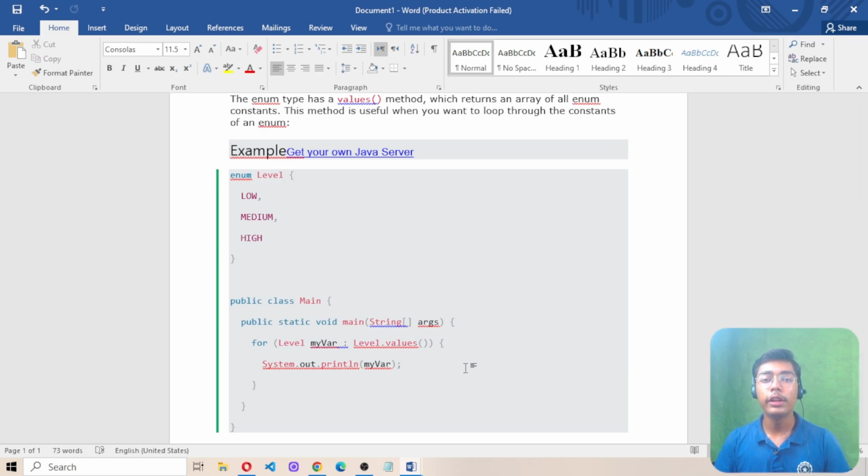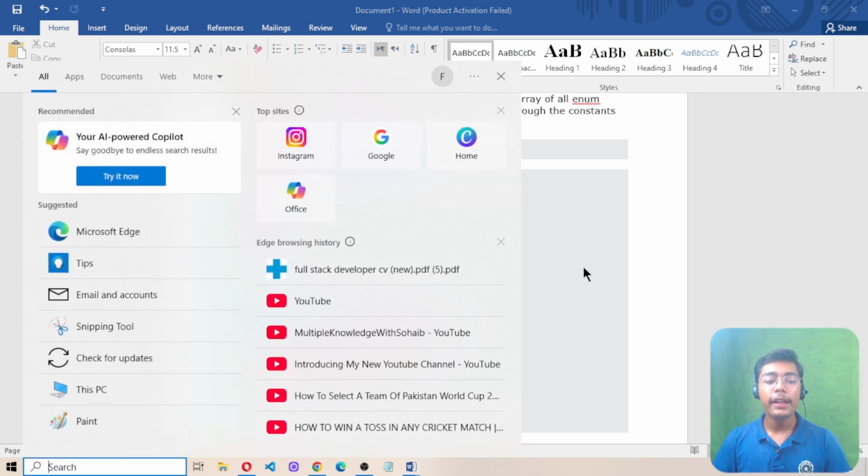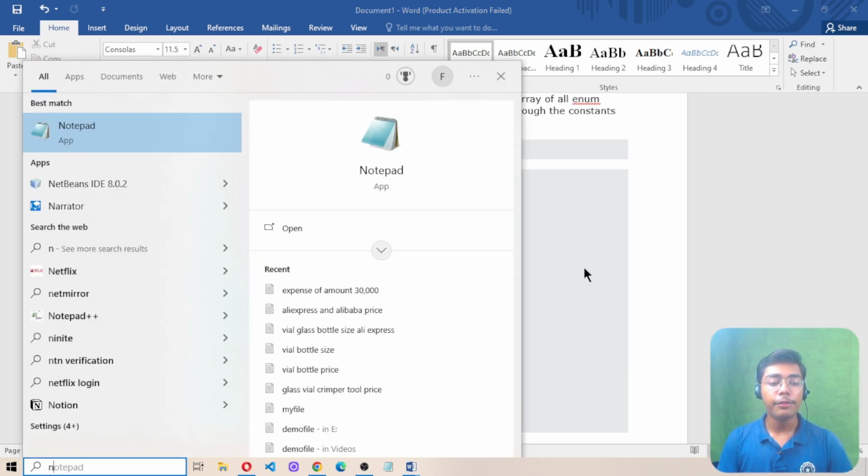If you want to loop through an enum, you can use just one method, which is values, and I will be showing you how you can use this method in a simpler, easier way. So moving on to my NetBeans IDE, I'll be opening it first of all,